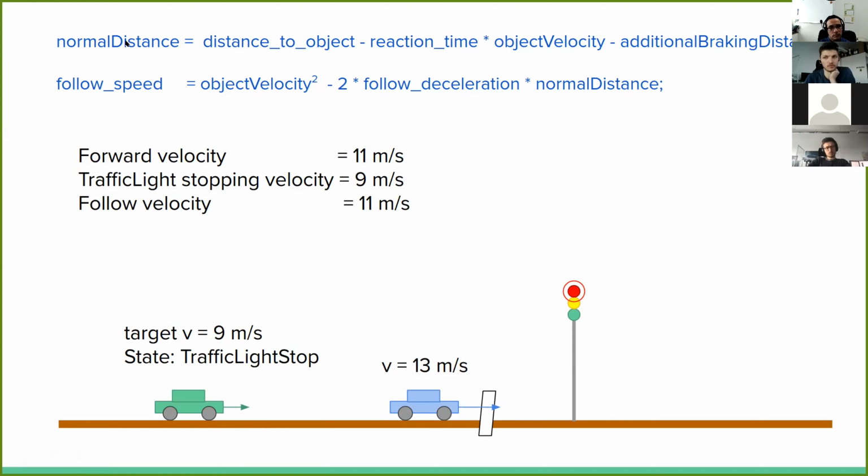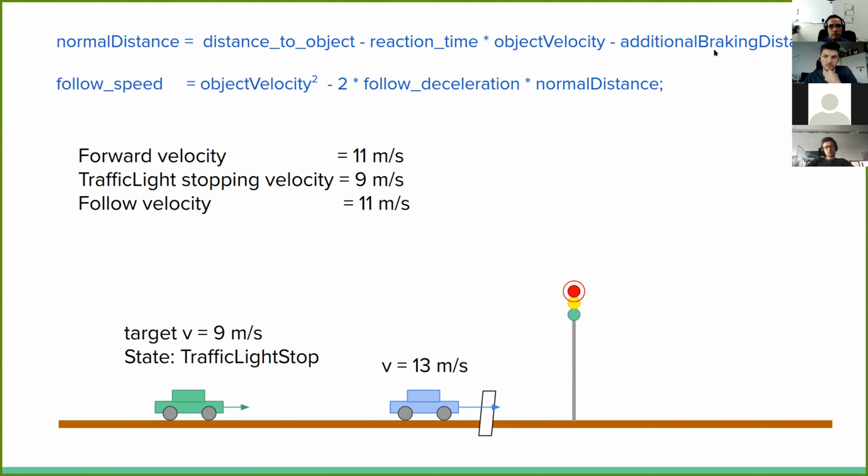And very quickly, I put here also how we calculate, for example, this follow velocity. Here we use the distance to the object. Then we add this kind of reaction time, or we think of it as a reaction time. We interpret it in seconds, like let's say 1 second or 1.2 seconds. We multiply the object velocity with it, and then we